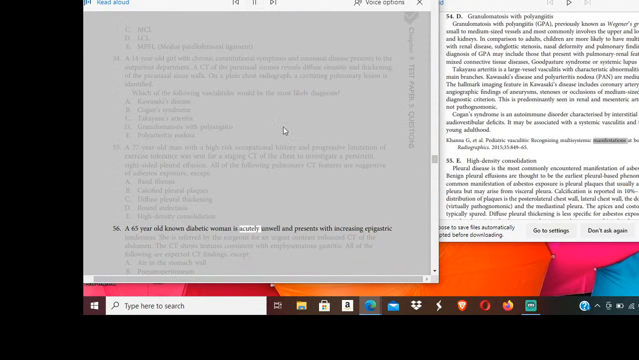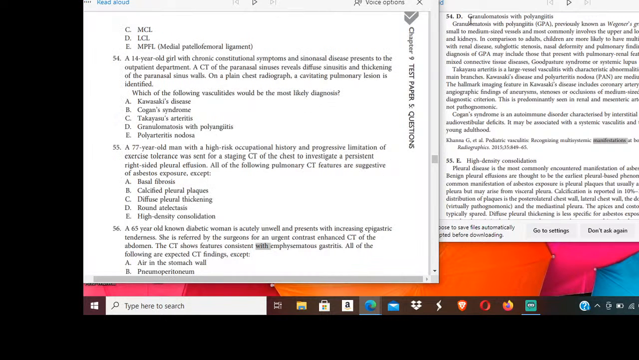A 65-year-old known diabetic woman is acutely unwell and presents with increasing epigastric tenderness. She is referred by the surgeons for an urgent contrast-enhanced CT of the abdomen. The CT shows features consistent with